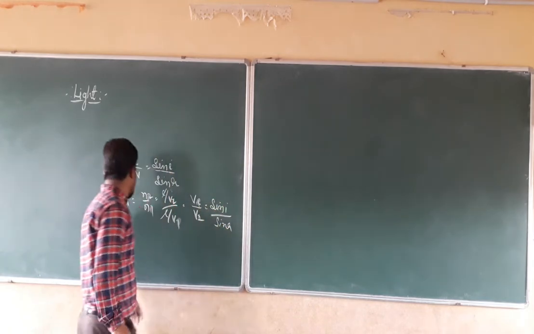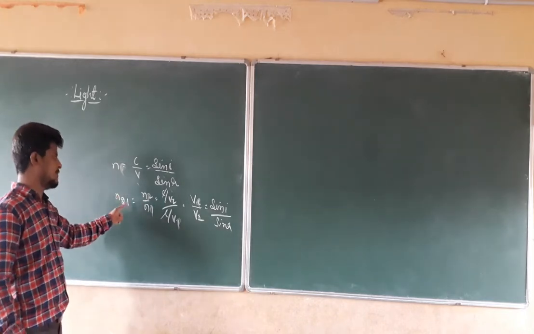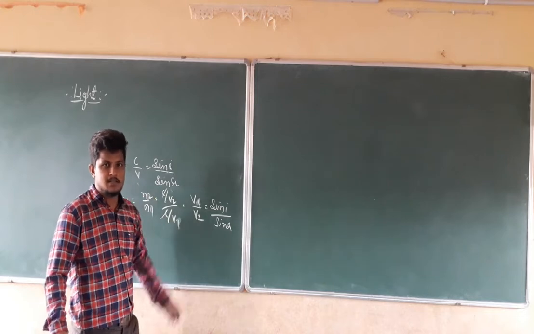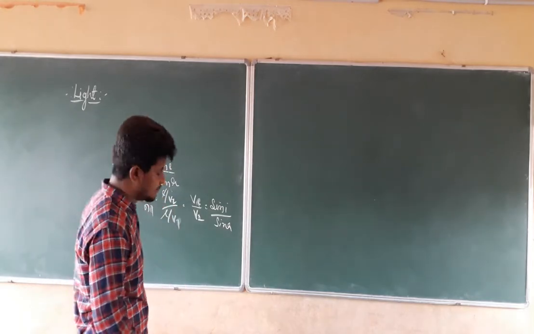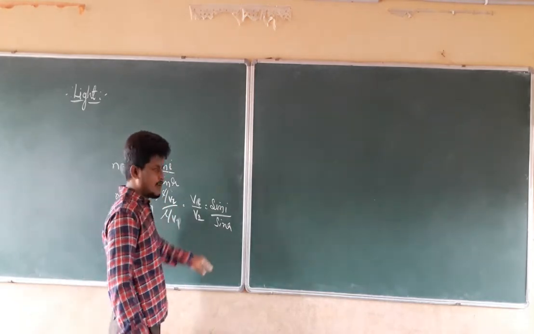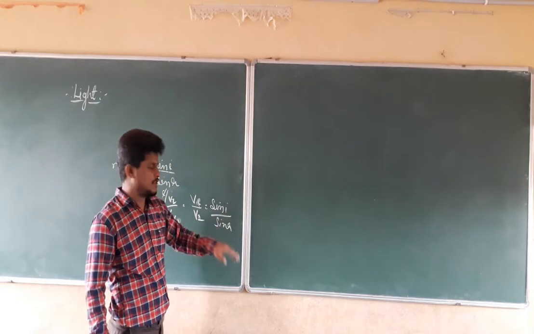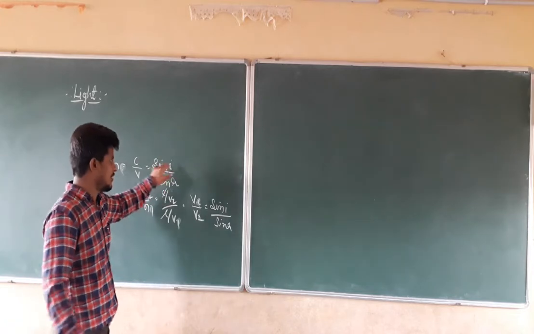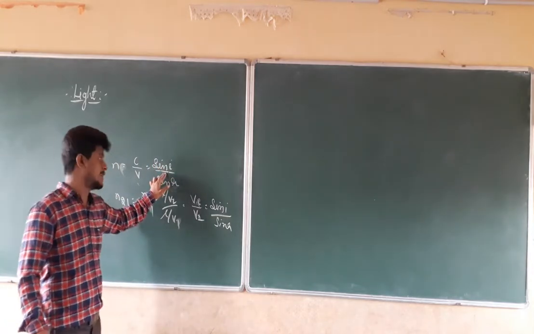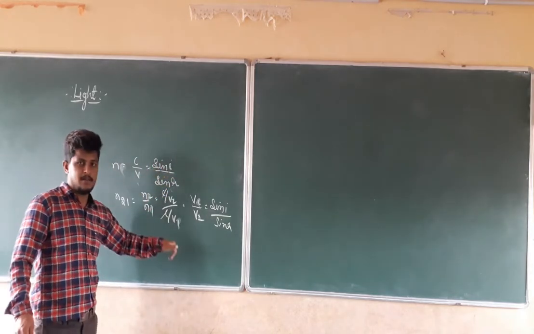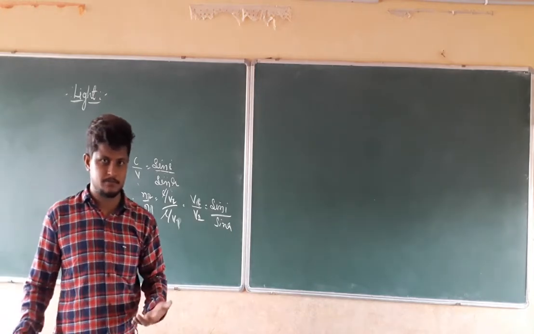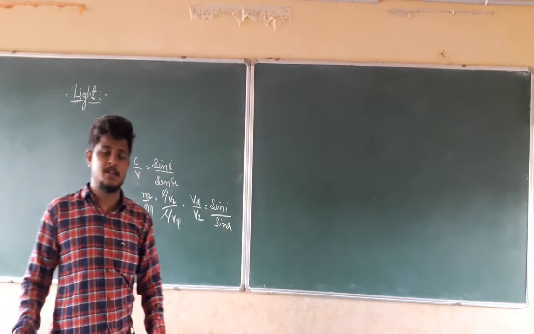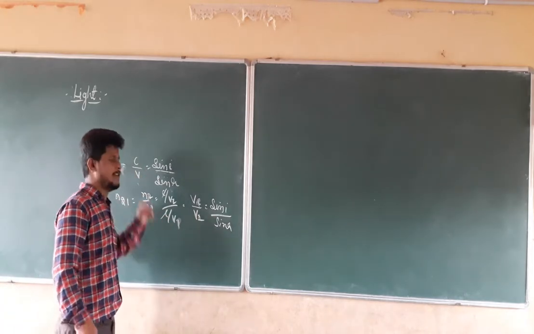That is nothing but the refractive index of the second medium with respect to the first medium, which can be given as the speed of light in the first medium to the speed of light in the second medium. After we study the trigonometric functions, up to that point we just have a basic idea of these things. After that I am going to solve the numericals asked in sin i divided by sin r. The first exemplar question is based on sin i divided by sin r.